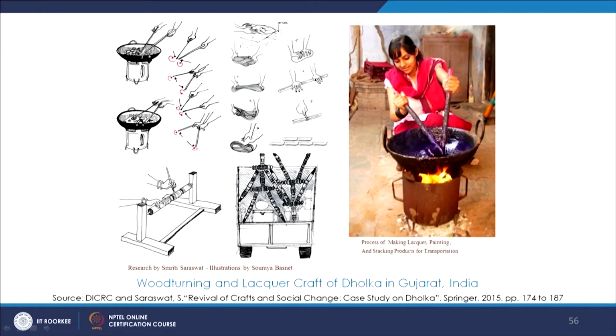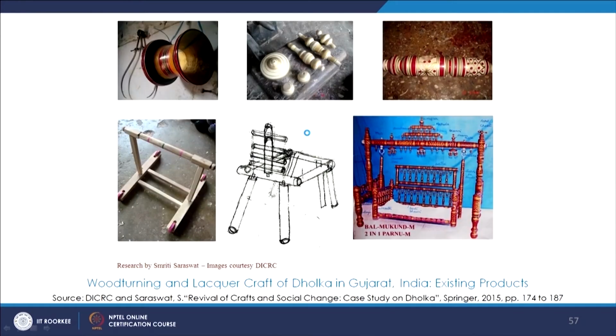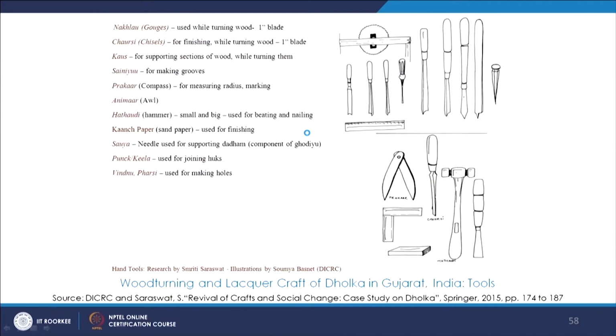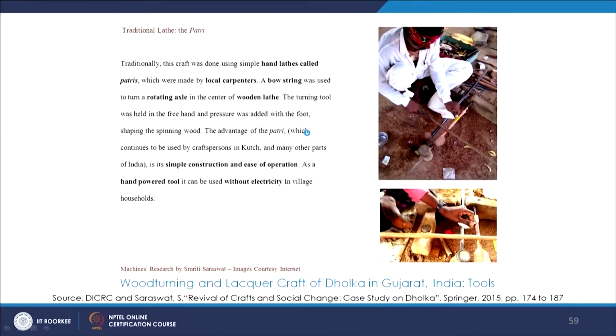It was explained through illustrations, also the making of lacquer and then transportation, all that was discussed. Their existing product range was discussed, the tools that they work with were also discussed, and we tried to understand that there are two